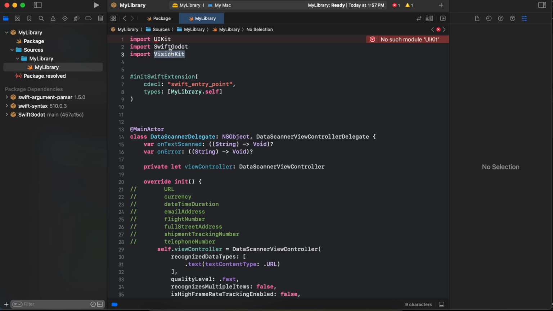This method from the plugin will automatically open a camera, and it will scan for whatever you have asked it to scan. So in my case I'm asking it to scan for URL. I'll show you the code in a bit, but just giving you a gist of how the application will work. So firstly, here you can see I have imported UI kit, then I have imported Swift Godot,